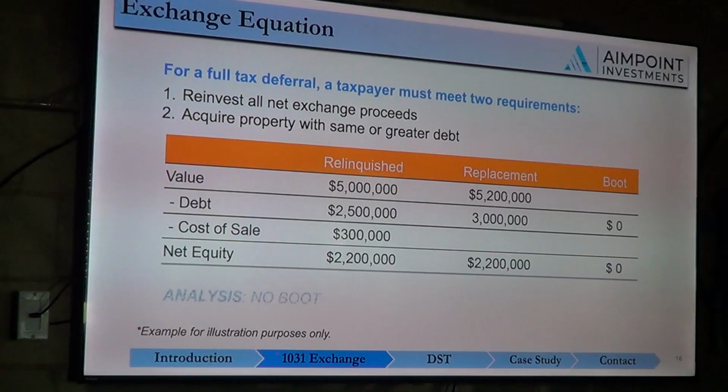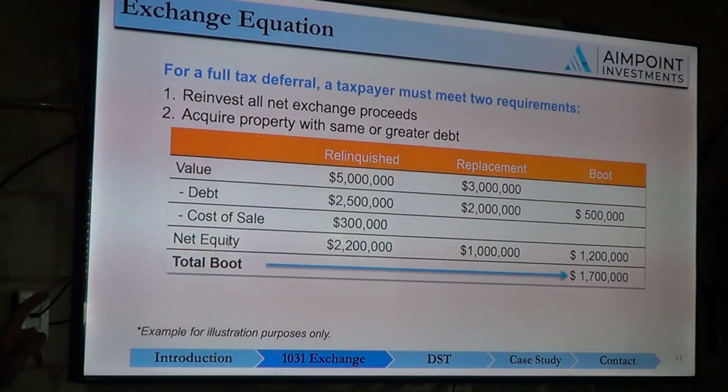A full tax deferral should be available to the investor on this exchange. Now let's do a scenario, just working through the numbers, on something that doesn't qualify for a full tax